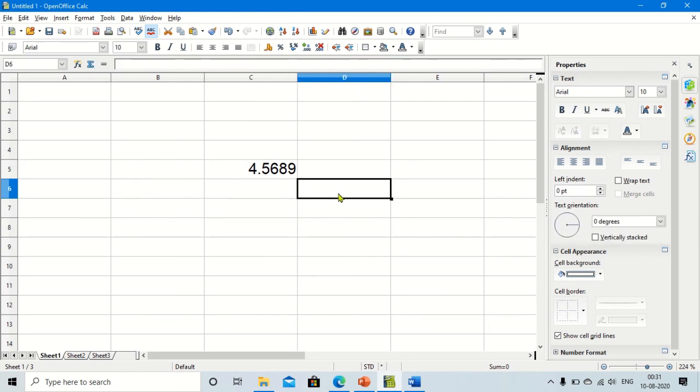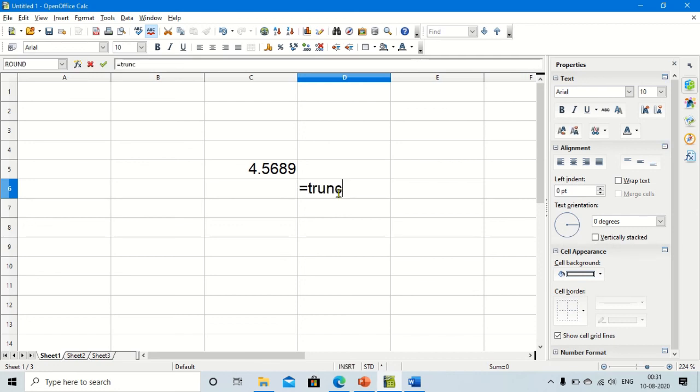I want to use this trunc function. So let's see how it is working. I will write here trunc. Then I will give a number, which number is going to be truncated, semicolon, and how many digits you want to cut off. Suppose you want to cut 2 digits. Then from the right side, 2 digits will be eliminated.